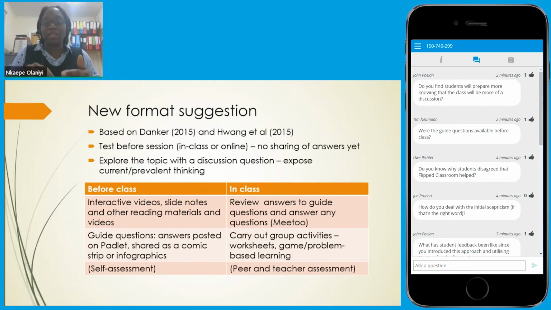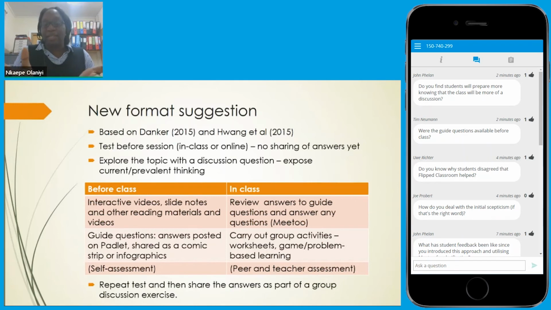because like I said, they did like the fact that they were able to interact, especially the quieter students, being able to ask questions rather than raising their hands or trying to shout over somebody else or something like that. Especially if they're quieter or more timid. I cannot stress how good that tool is really for them. And then we'd carry out group activities, worksheets, games-based learning, anything just to get that peer and teacher interaction going.